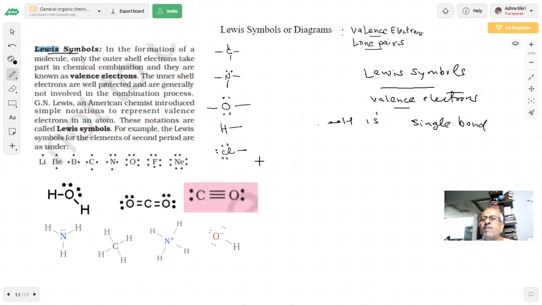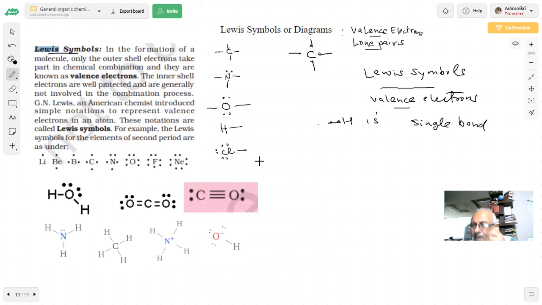So for that I should know the Lewis structure. That's why I'm saying draw the Lewis structure of carbon. Tell me, how many electrons are there in the valence shell of carbon? Four, sir. Okay, you are saying 1, 2, 3, 4. That means how many bonds can it form? 1, 2, 3, 4. How many does it form? 1, 2, 3, 4. Yes or no? Yes, sir. Carbon is forming 4 bonds.